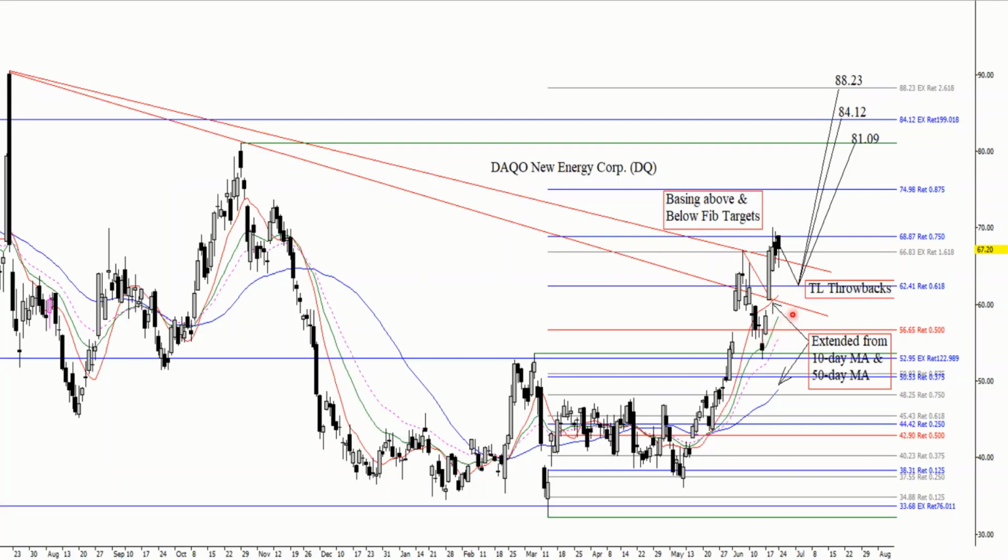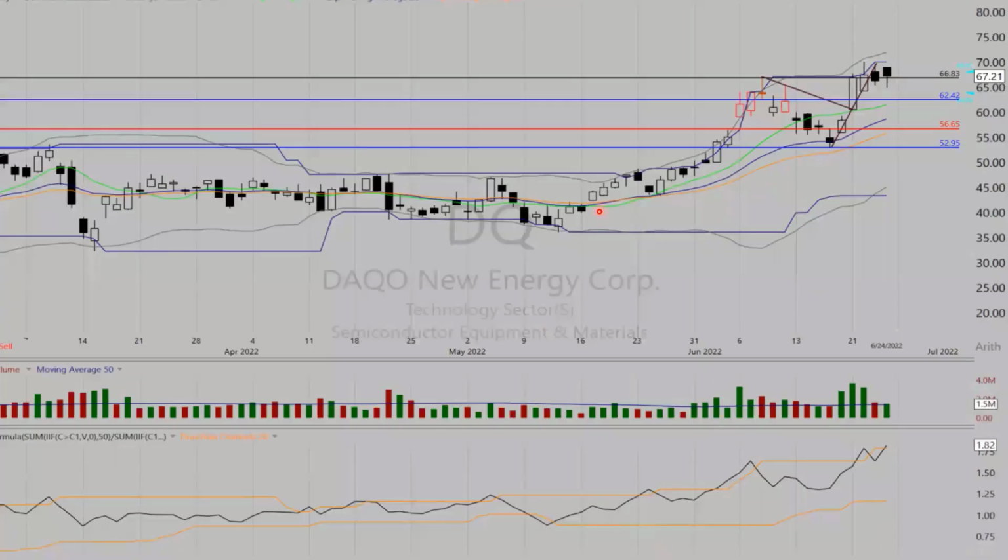Also, as it was developing, look at where our 10-day moving average was. We were quite extended from the 10-day. Again, what do most stocks do? Most stocks, your strongest stocks, are going to find their way back to the 10-day moving average. And as we move ahead on this trade,